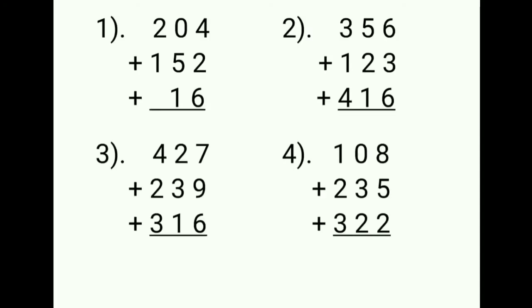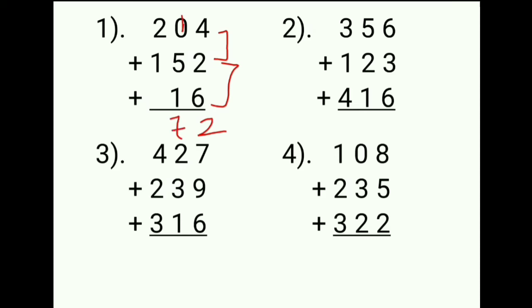Okay. Now we will see some more addition sums, but of 3-digit numbers having 3 numbers, right? We will add it 2 times. 4 plus 2 is equal to 6 and 6 plus 2 is equal to, count by your fingers, 8. 6 plus 6 is equal to 12. So 2 down and 1 carry. 1 plus 5 is equal to 6 and 6 plus 1 is equal to 7.